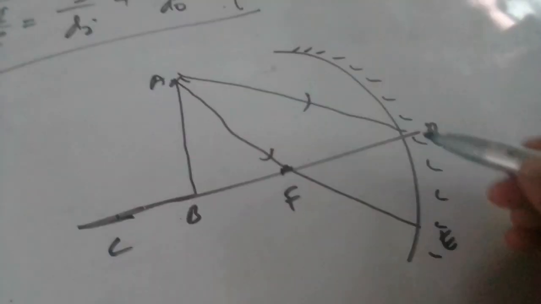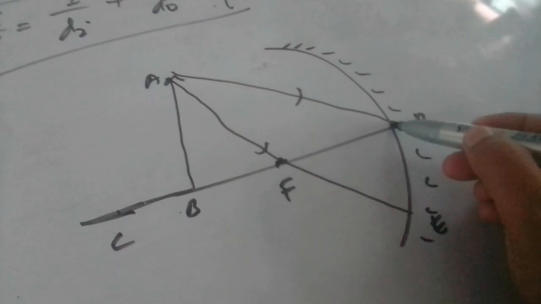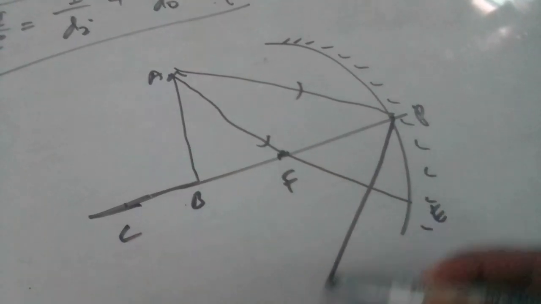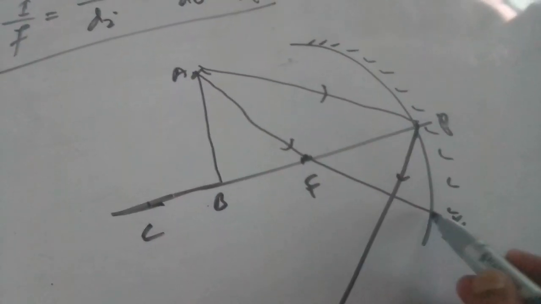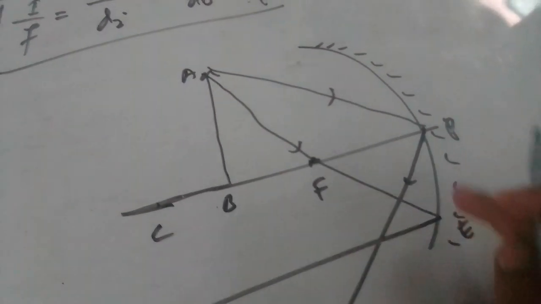The ray of light incident on the pole is reflected at the same angle as that of the incident ray, and this ray becomes parallel to the